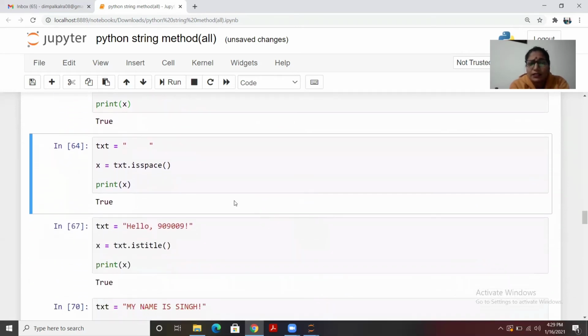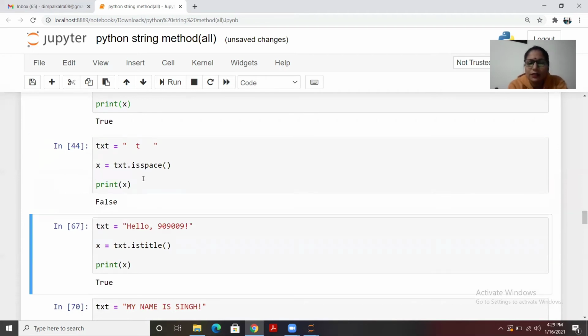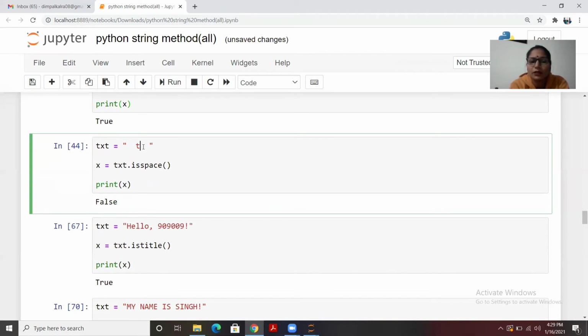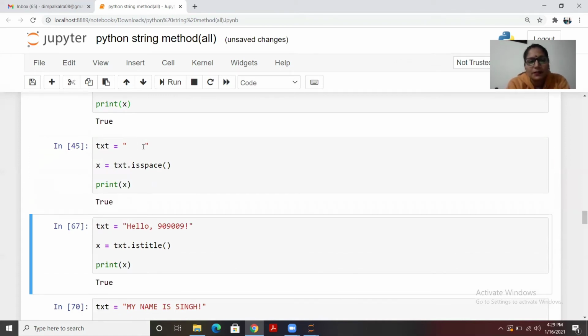Next, in case we have a string and we need to check whether that particular string is holding a space or not, we can use the isspace function. Let's say I'm giving any value to this, and once you run this, you see that you will have the value as false because it requires the entire string to be space. If we have any keyword in this string, it will not give you output as true, because isspace runs for only space, not any particular number or keyword or any alphanumeric value, the empty string you can say.